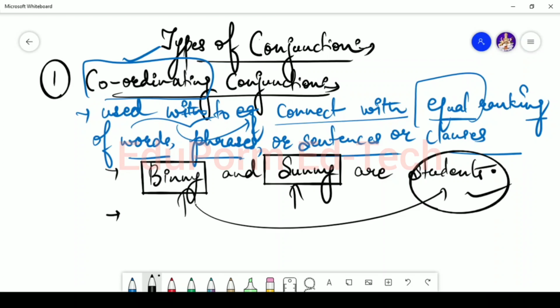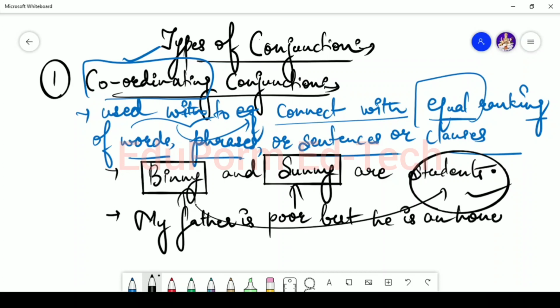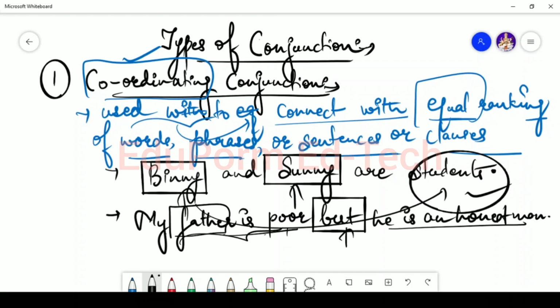Now let's see another example. My father is poor, but he is an honest man. Again, here I am talking about equal ranking, means in both of these clauses, if you see that I have made use of but, it is a conjunction. But again I am talking about two scenarios, that my father is poor but he is an honest man. Okay, so I am talking about the same person. I am talking about the father only. In the first scenario I told he is poor but he is an honest man. So remember this thing, that coordinating conjunctions are ones which are used to connect with equal rankings of words, phrases,